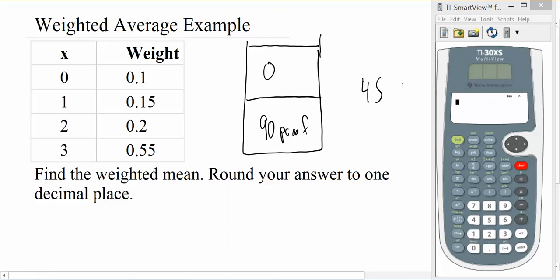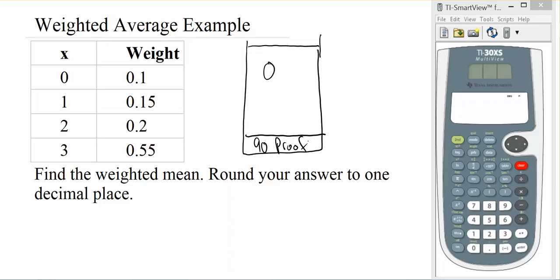Our typical idea is to add things together and divide by how many there are. But that's typically when they're weighted equally, that the amount is the same. So now we want to look and say, well, what if I dropped this down a bit and I only put in a little bit of alcohol and all the rest of it was non-alcoholic? Is it still going to be 45 proof? No, it's going to be much less because it's no longer 50-50. Because before, I was saying half of it was 0 and half of it was 90. And when I add those together, I got 45.